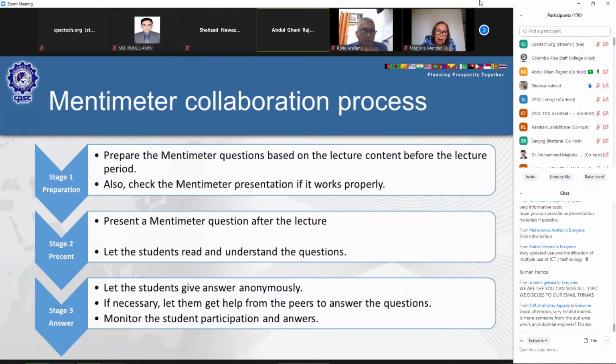Now here is the collaboration process. These are the stages: how you are going to develop a presentation for the purpose of assessment or collaboration with your audience and your students. Stage number one is preparation. In the preparation phase, you have to prepare the Mentimeter questions based on the lecture content, or based on your